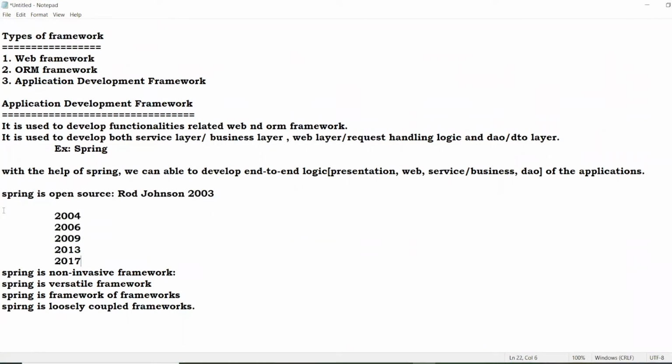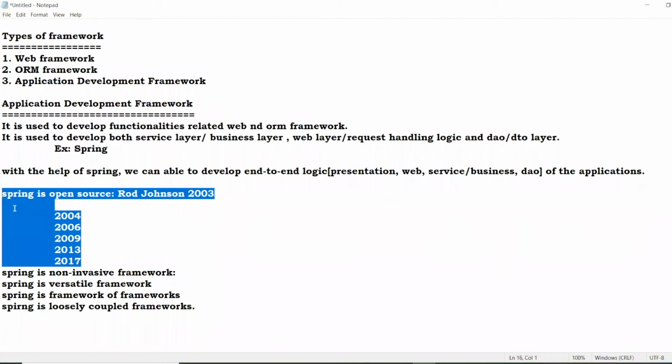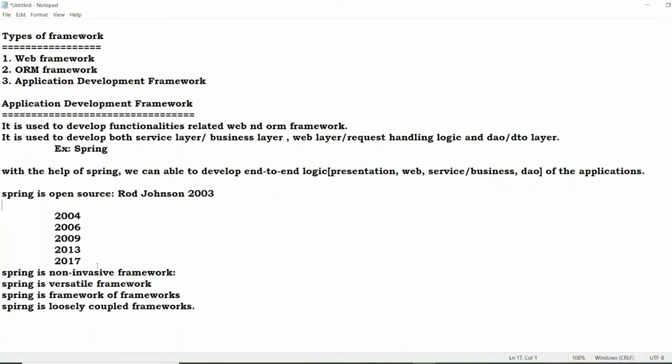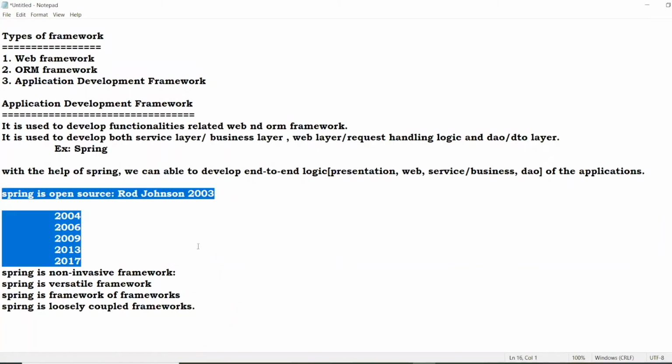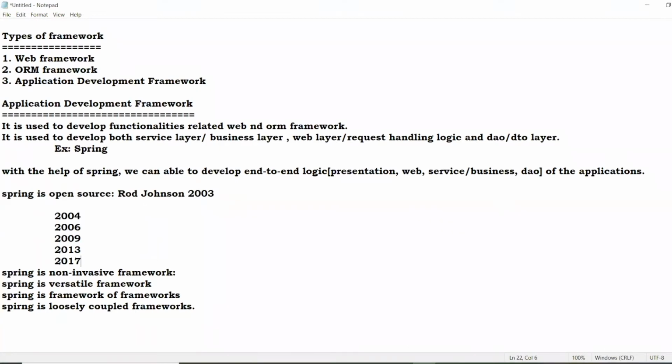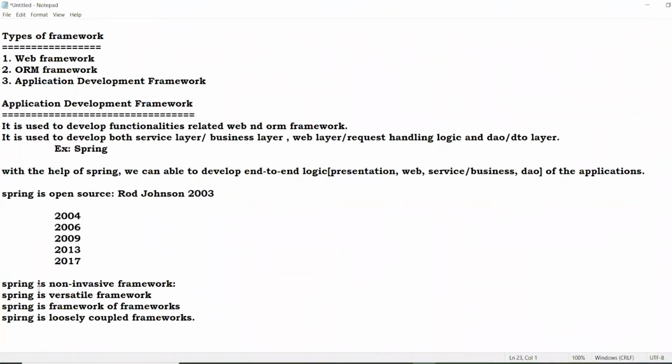Now, Spring is a non-invasive framework. That means, please concentrate, invasive and non-invasive frameworks.